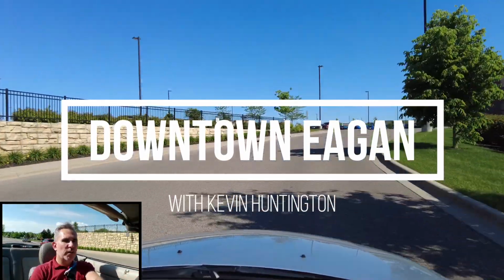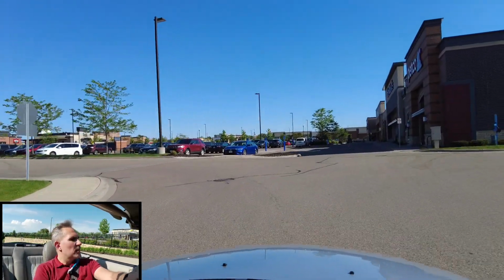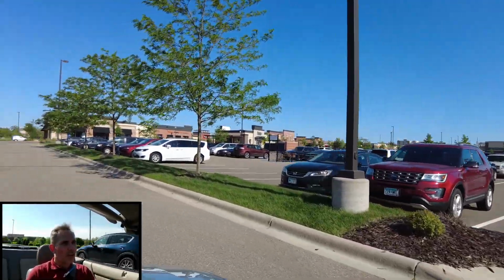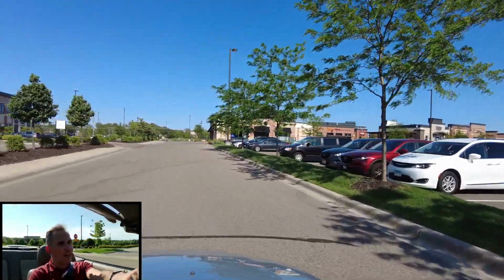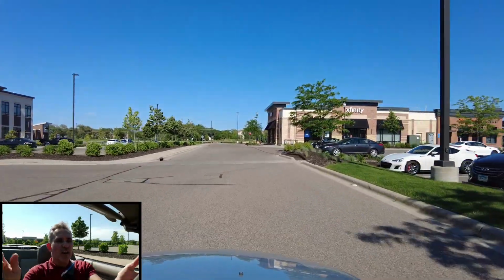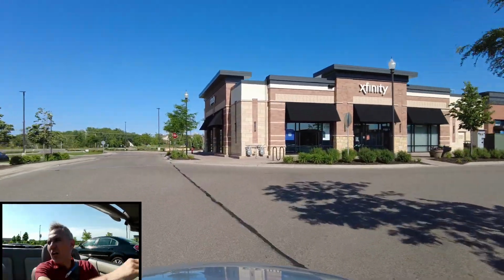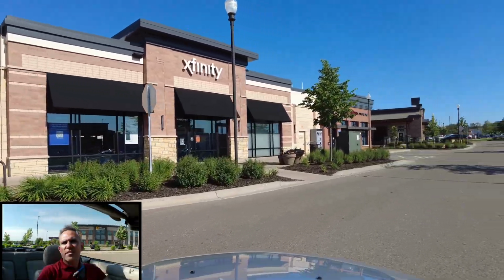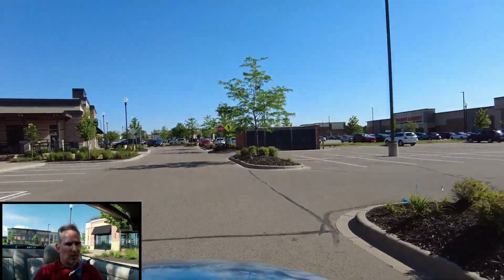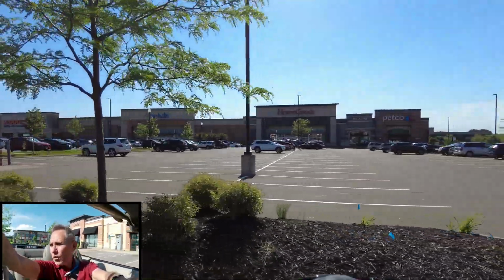All right, we've just pulled into the Central Park Commons shopping area of Eagan, Minnesota. And forgive me, I'm navigating the parking lot on a Saturday afternoon while I'm providing this tour. And this is really the newest shopping area in all of Eagan. This whole section of land on the northwest corner of Pilot Knob and Yankee Doodle Road